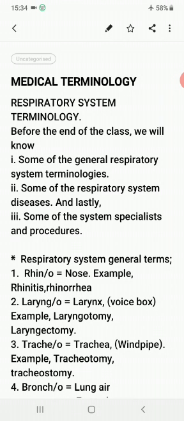So before we continue, I will call on you people to please stay at home. Stay safe, stay at home. If you stay at home, you will not be infected and you will not infect others. And please, if you experience any sign of this deadly COVID-19, please call the NCDC to take care of you.